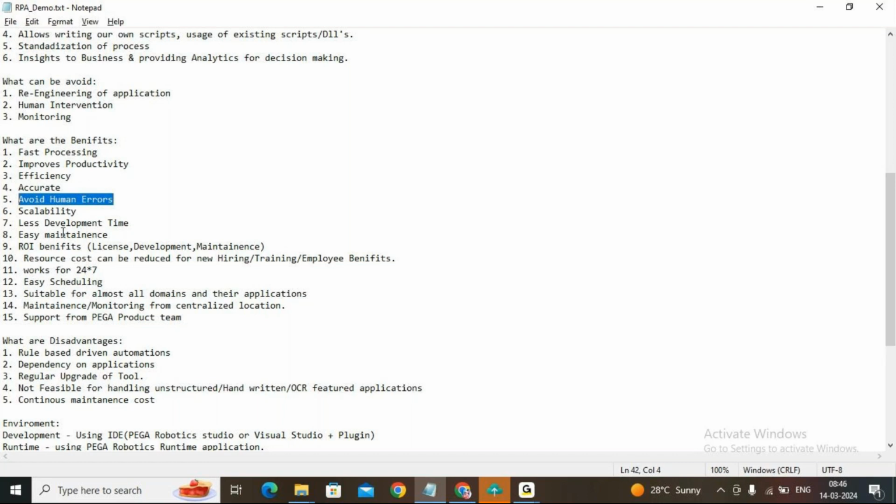And when it comes to scalability, which means today we have 10 records, so that one bot will do 10 records. Tomorrow we get 20 records to process. The next day 30 records. Like that, one day we get 100 records. If one bot is doing 10 records per day,